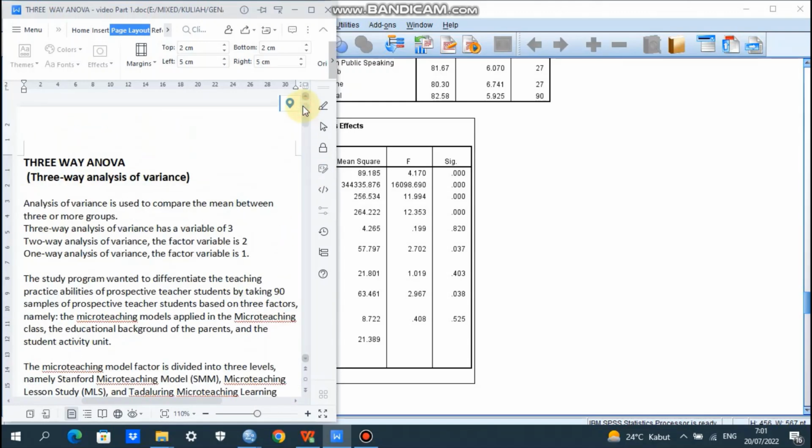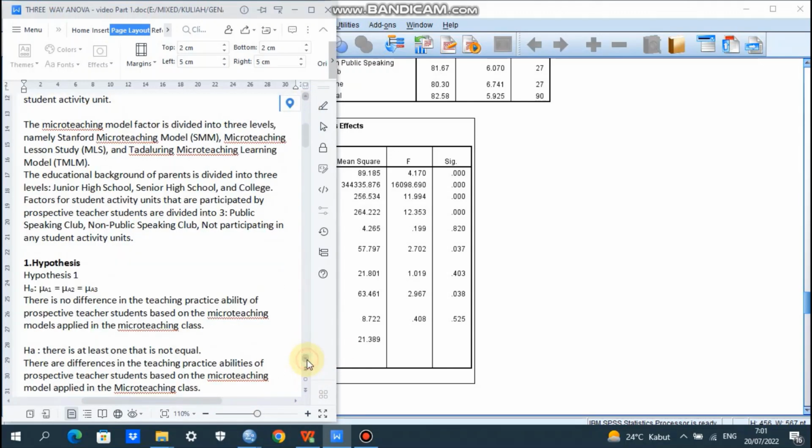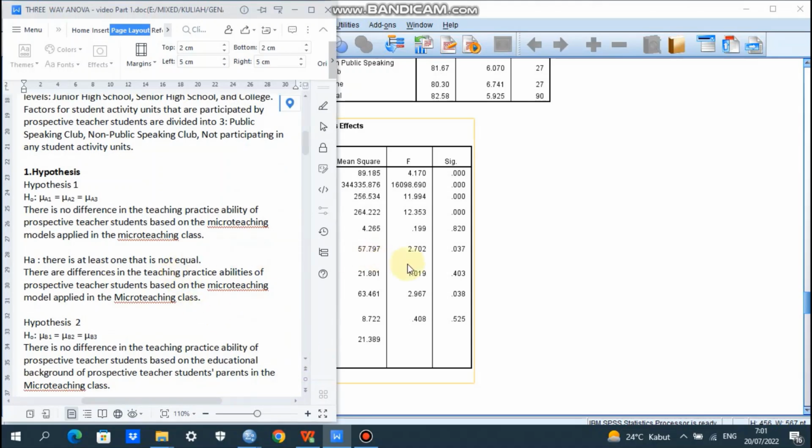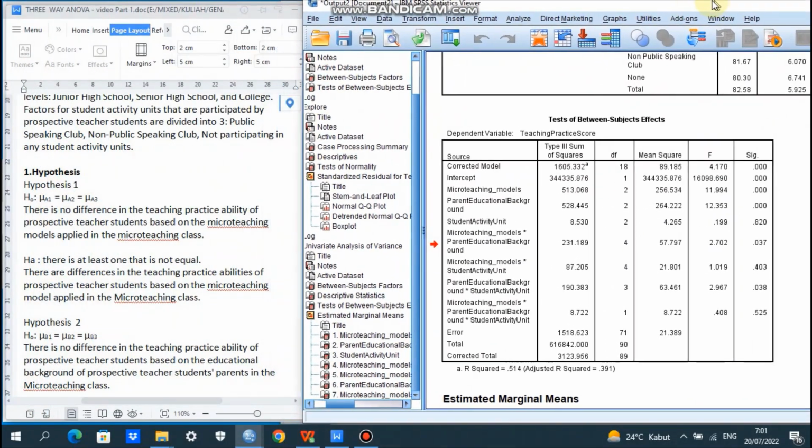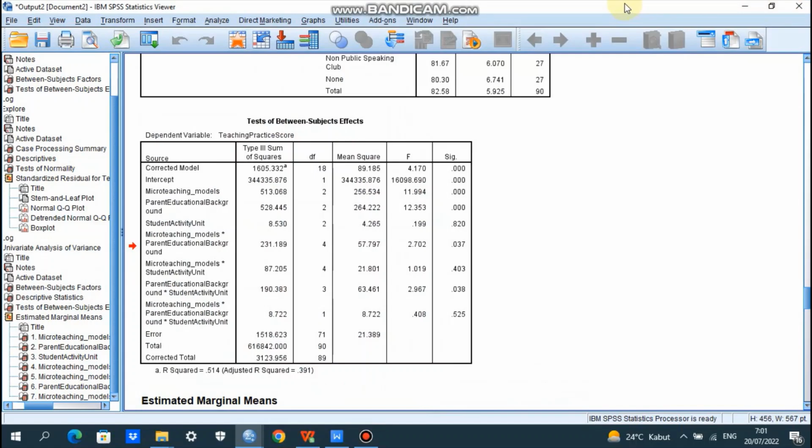So we start from hypothesis number 1. Okay, hypothesis number 1.